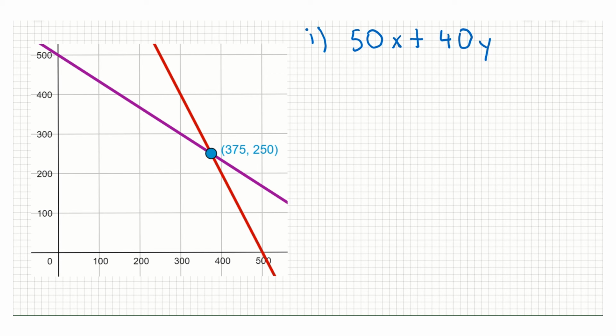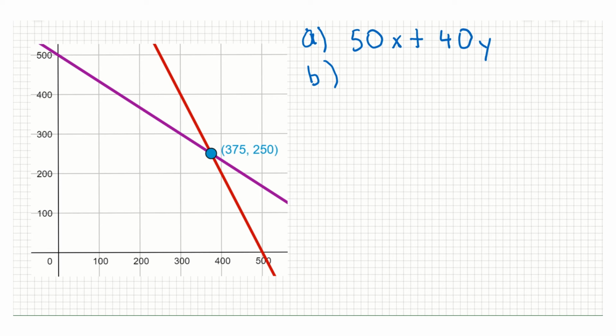Okay, that means x was pants, so the number of pants sold by 50, the price, plus the number of jackets sold by 40, the price, and that'll give you the total amount of money, or the total profit. That was part A. Part B